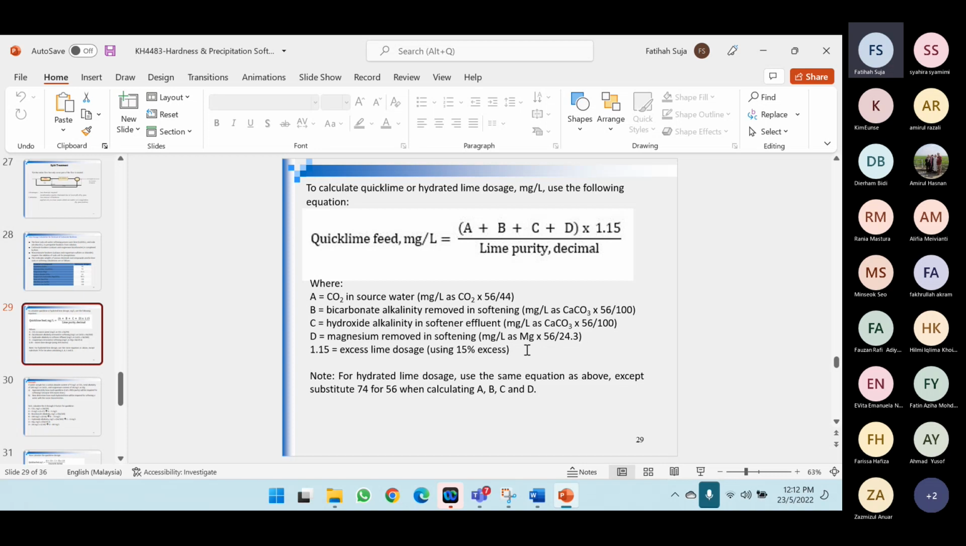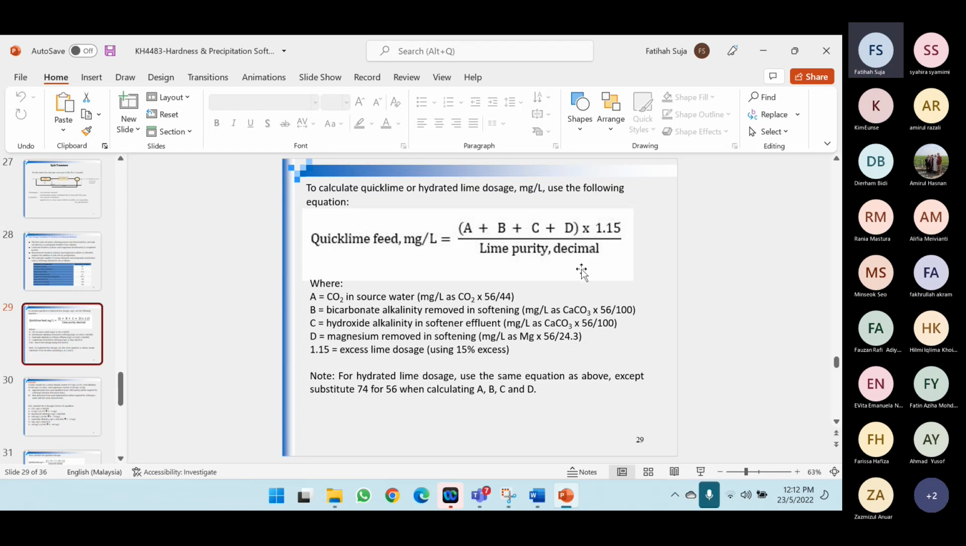So if you have magnesium, you also need to remove it from your water supply. So you use 56 because you will be using lime divided by the molecular weight of the magnesium, which is 24.3. And you multiply here by 1.15 because you want to provide excess lime dosage, because you want to make sure that all the